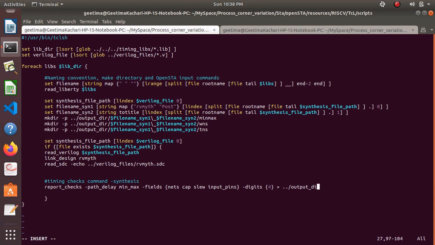Okay, report checks again hyphen path delay min underscore max, then we have the fields nets cap slew and input pins. Then after that hyphen digits, and this is 4,